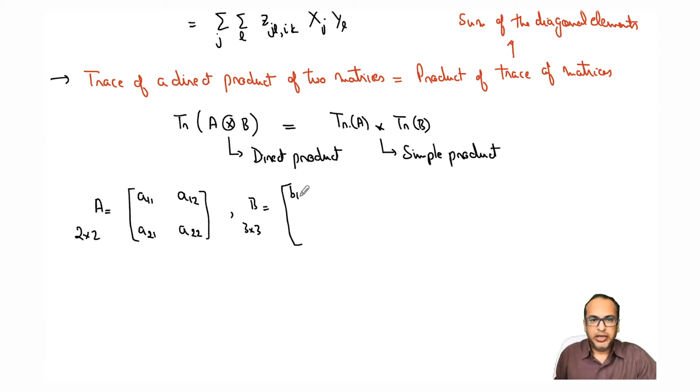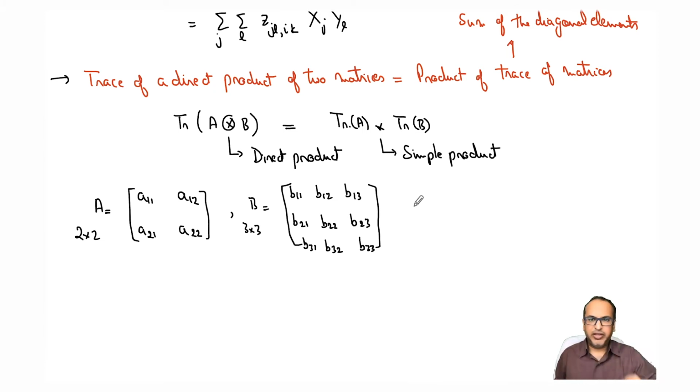We will say B11, B12, B13, B21, B22, B23, B31, B32, B33, right? Okay, so now if we have to take the direct product, what we do is A direct